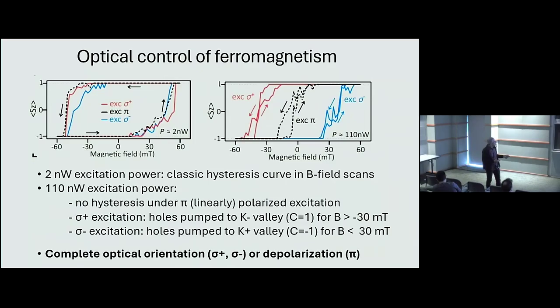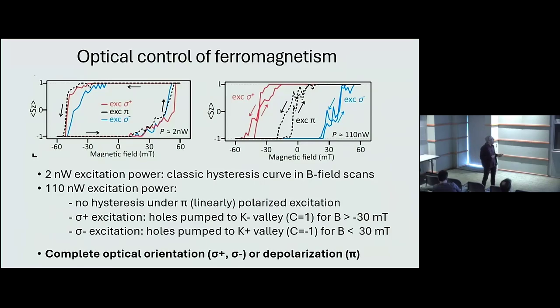As we go to, for example, in this case, 110 nanowatts, we completely destroy the hysteresis curve. For linear excitation, it just shrinks, and it looks like the high temperature behavior of a ferromagnet, a super paramagnet. It lines up with the magnetic field quickly, but otherwise it doesn't exhibit any appreciable hysteresis. But if you pump with circularly polarized light, there is again no hysteresis, but you clearly push the transition to finite magnetic fields on the order of the coercive field, and the opposite case for sigma plus.